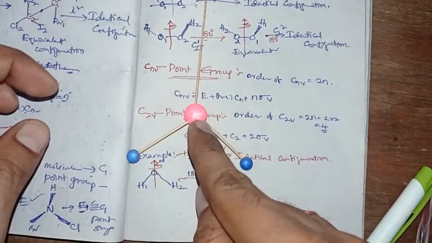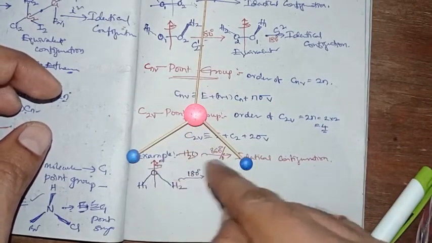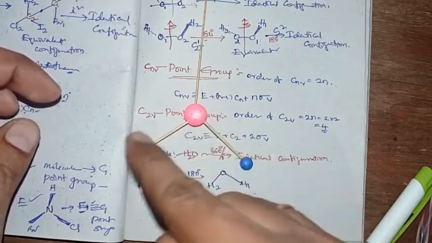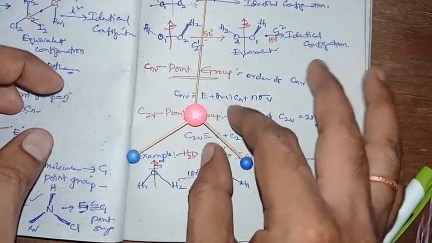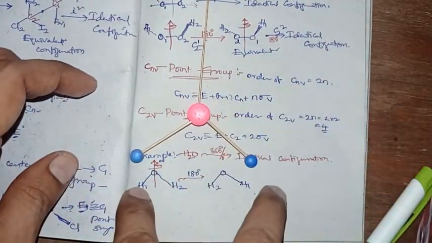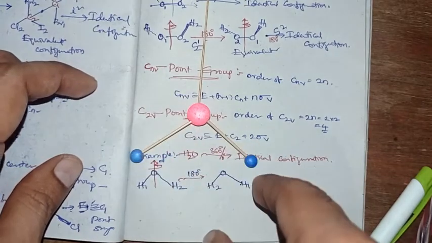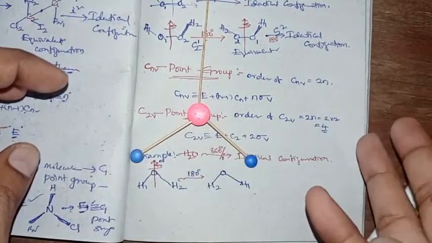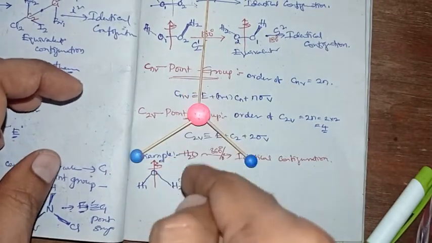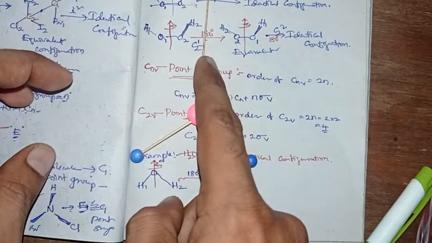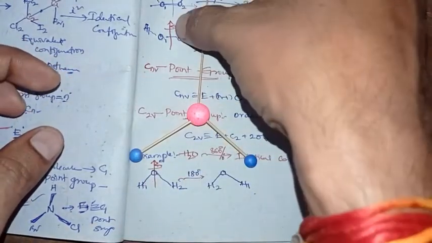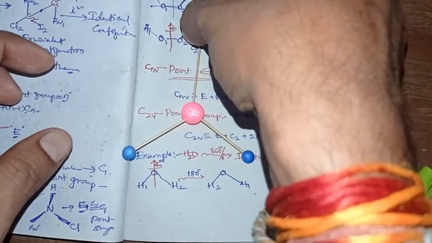Here the pink ball is considered as oxygen, and the two blue balls as hydrogens, in a planar V shape. Oxygen is above, and the two hydrogen atoms are below, angularly shaped, one on the left side and another on the right side. Taking an axis passing vertically through the oxygen atom, this imaginary axis, and doing 180 degrees of rotation, you check what happens.